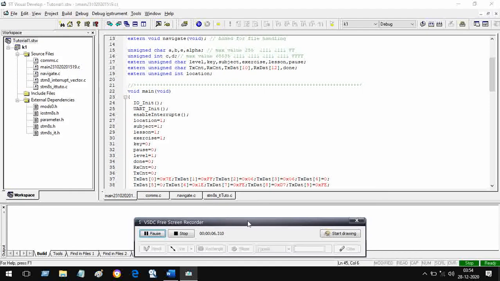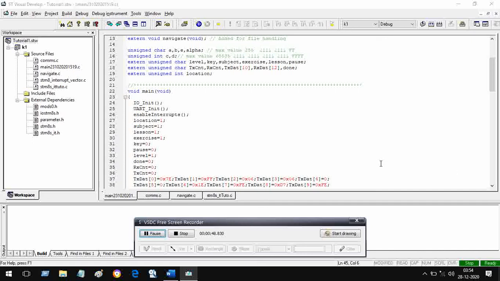Friends, you have seen in the previous lecture how the talking book talks. You are able to navigate, which means that you are able to select the subject, select the lesson, select the exercises, and you could also increase and decrease volume, and you could pause and you could play. So you have seen it with your own eyes and heard the book talk with your own ears. So that is the successful result of all your effort.